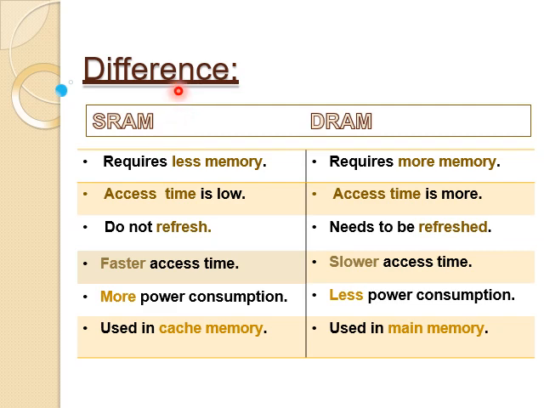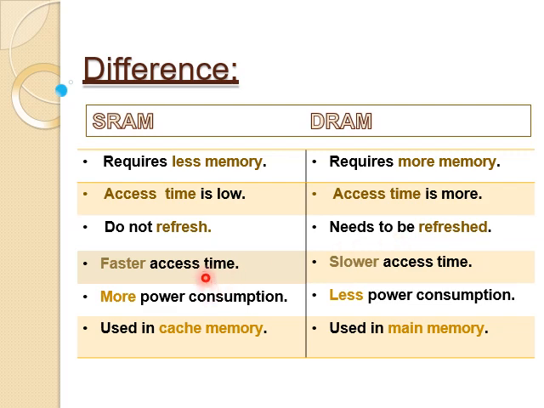Now we'll see the difference between static and dynamic RAM. Actually static RAM requires less memory and dynamic RAM requires more memory, and its access time is low. The reason is, as long as the power is turned on, it can store the data. That is why the access time is low, and here access time is more. Actually no need to refresh in static RAM because it is made up of bistable elements, and here you need to refresh it periodically because dynamic RAM is made up of a capacitor.